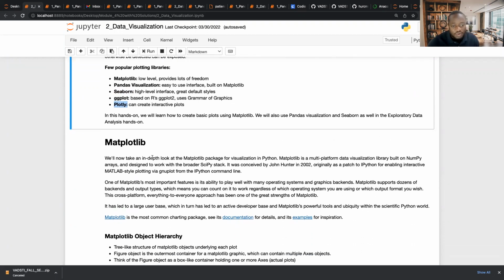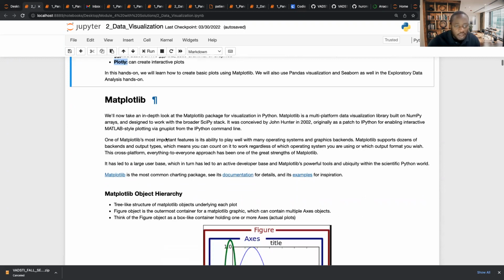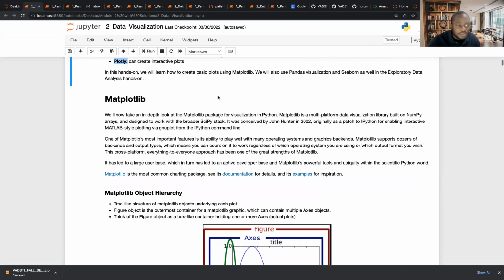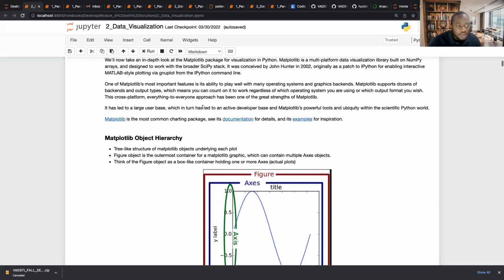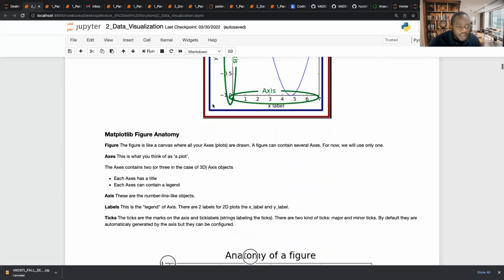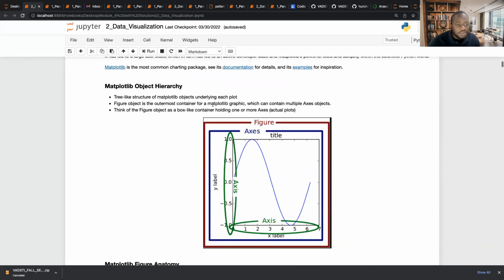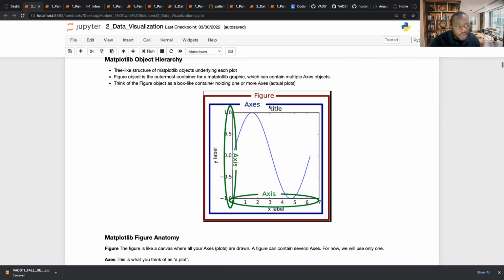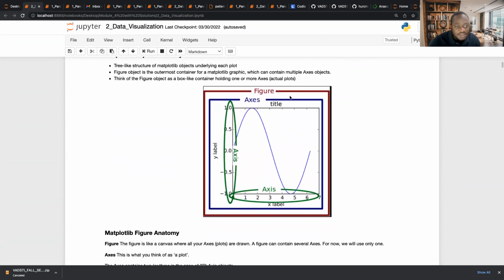So we are going to go over mostly Matplotlib, Seaborn, and Plotly. Hopefully time permits. All right, so when it comes to Matplotlib, it's pretty much similar to the types of visualization you've seen in MATLAB. But before we get into that, the typical visualization structure is you have a figure,